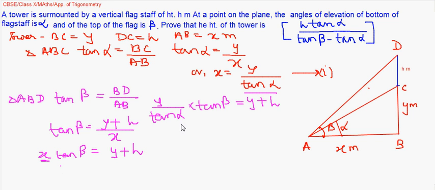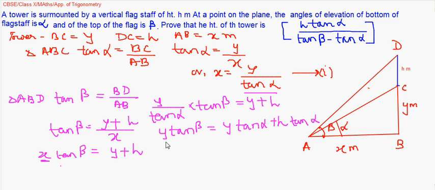This is from the first equation. Now how does this look like? It will look like y tan beta, now multiplied to both of them. The cross multiplication is y tan alpha plus h tan alpha. We have to find the height of the tower, so that is y. So now